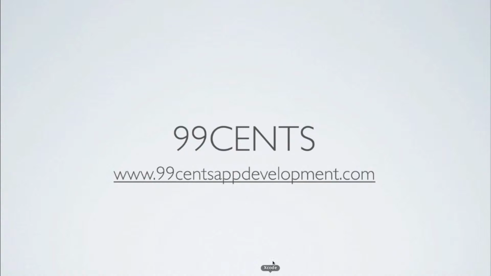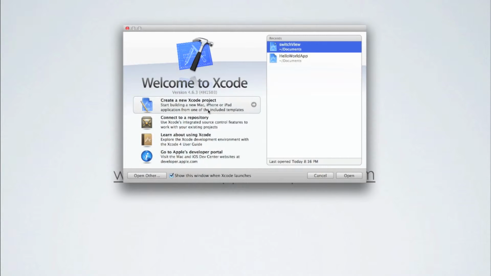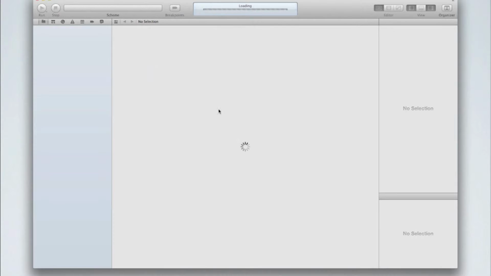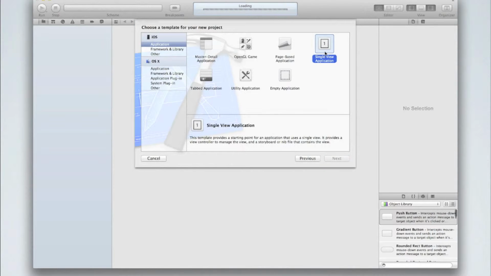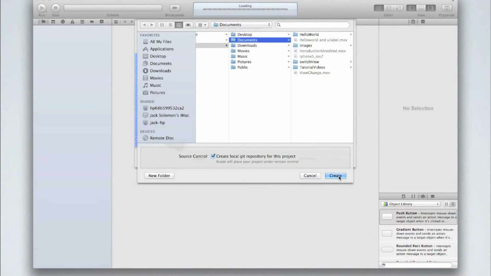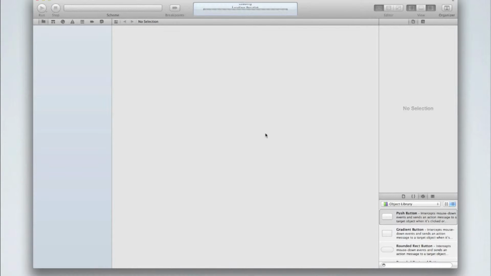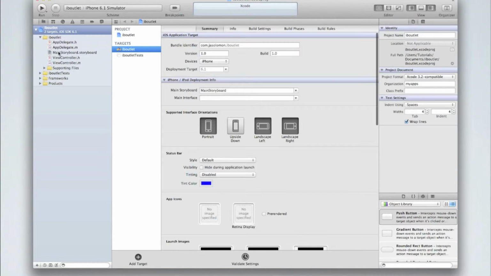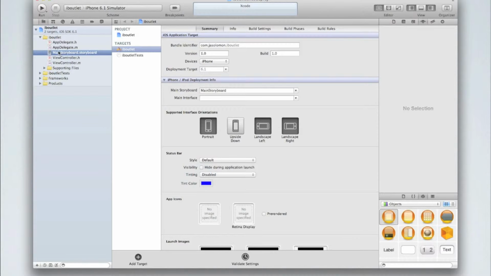So open up Xcode and create a new Xcode project. We're just going to create a single view application, and I'm just going to call it IBOutlet. You can call yours whatever you like. I'm using storyboards, and make sure you're using ARC and unit tests. So create this project in whatever directory you want, and then go into your main storyboard.storyboard, and this is where